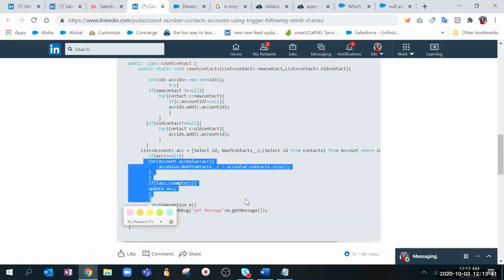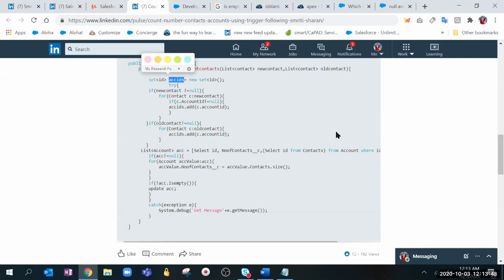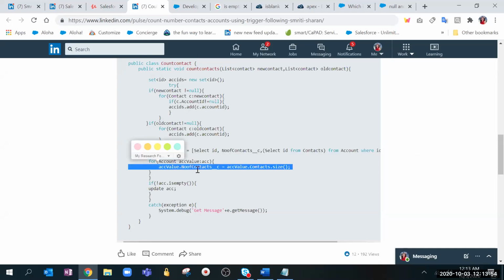That is the base. We will go line by line, but these are the 3 steps which we are following. Step 1 is to get the IDs. On the basis of that, fetch contacts, and then on the basis of that, we will be iterating over the accounts and checking the number of contact size, and putting it in this field. So that is the main logic which we are applying. Till here, is it clear?